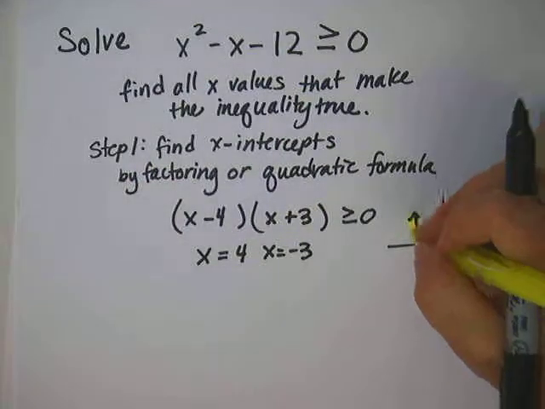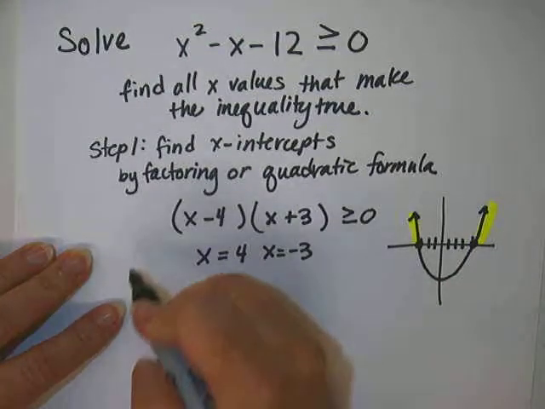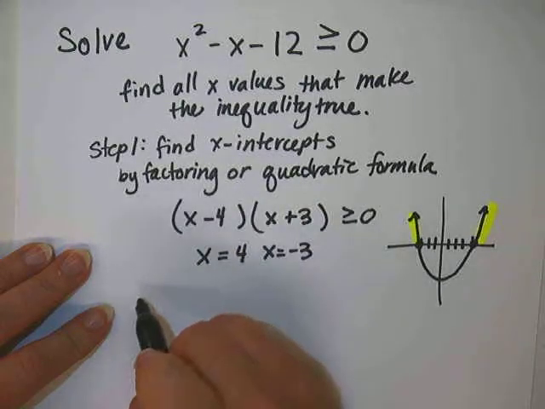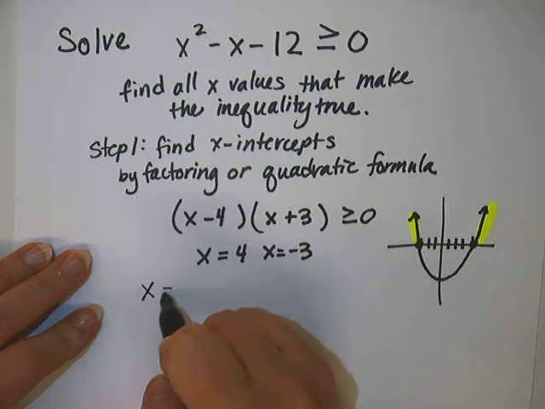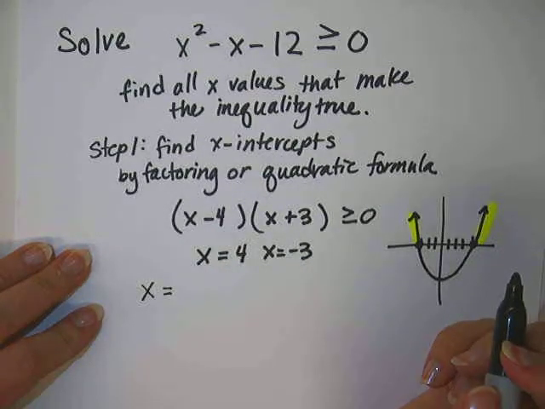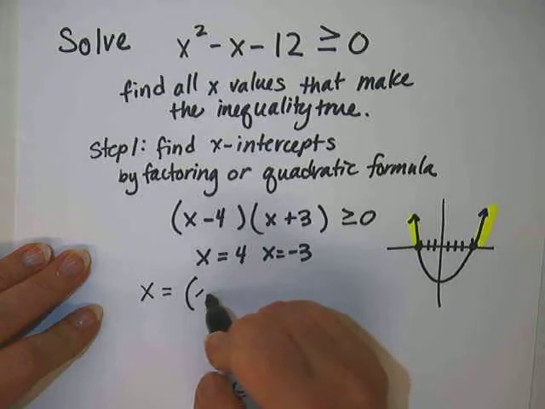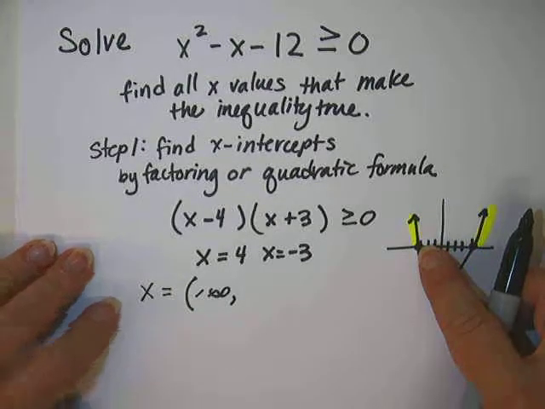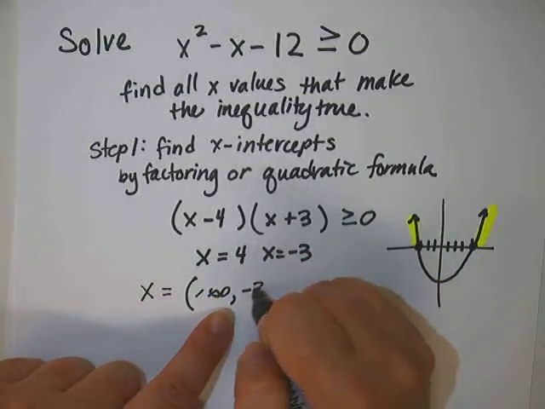It opens upward, and so therefore our answers greater than 0 are going to be the x values included in this portion of the graph and the x values included in that portion of the graph. So the way that we give that answer, we could do set notation, but instead we're going to do interval notation. So the solutions for x would be negative infinity